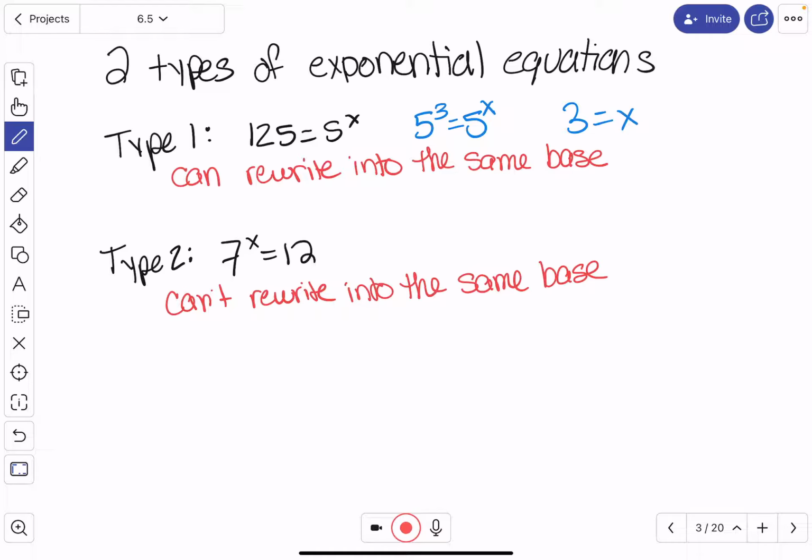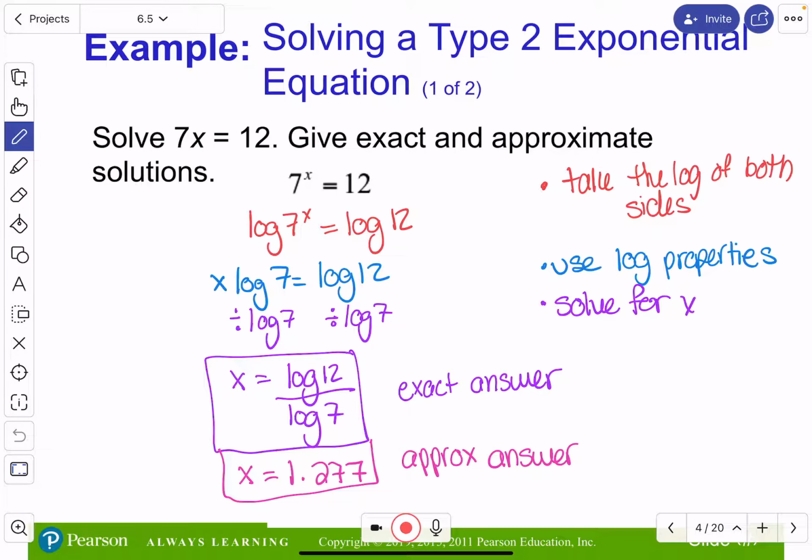So the way to solve it is to take the log or the natural log of both sides and then work from there. So here's an example. If we had 7 to the x equals 12, you take the log of both sides. So you have log of 7 to the x equals log 12. Then use our log properties to bring the exponent out in front. So you have x log 7 equals log 12. Divide both sides by log 7, and you have x equals log 12 over log 7